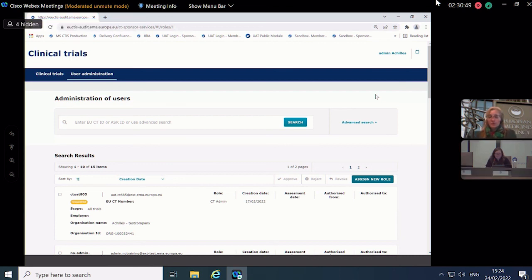No, it's not required, no power of attorney. As I said, that's why we have created this hierarchy in the system.